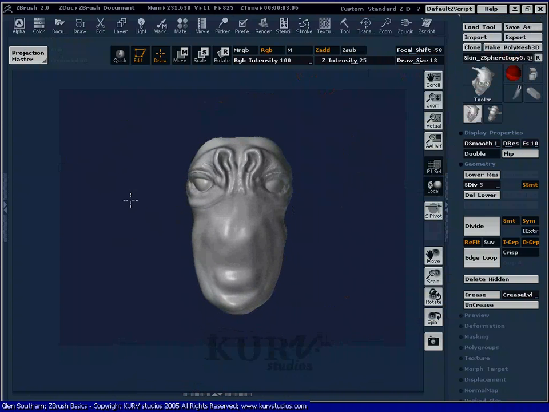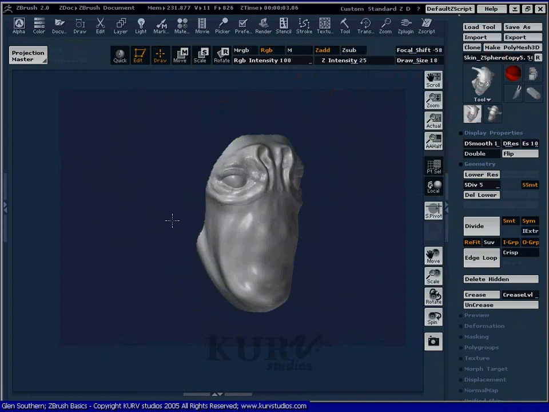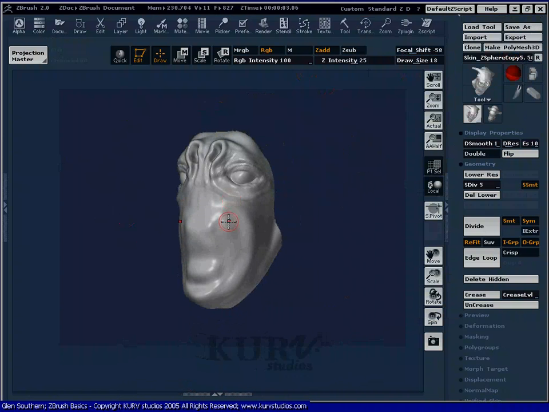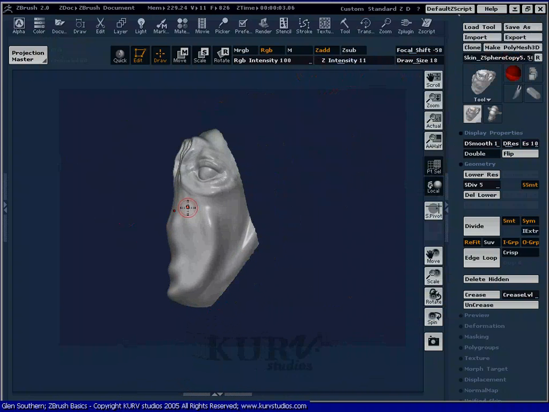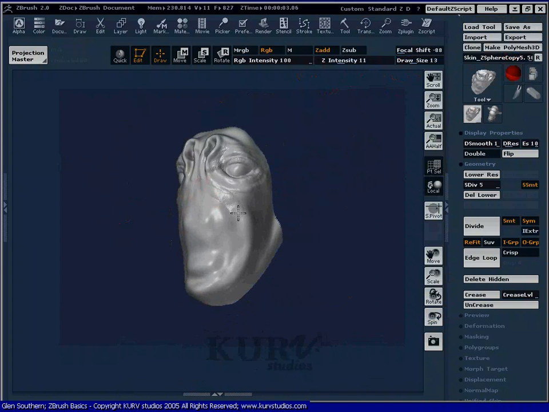And we'll do some work around here on the front. So we're going to knock that down to around 11 or 12, and just start adding more muscles. That focal shift now really does need to be down at the lower levels, minus 90s and minus 100s. And let's bring more muscle definition down here,